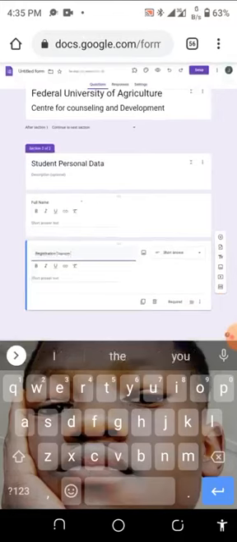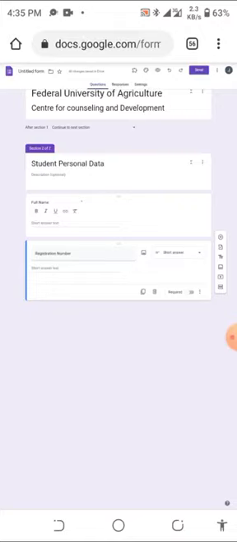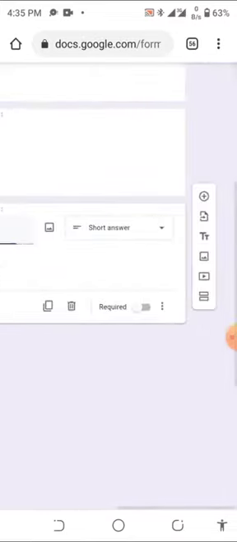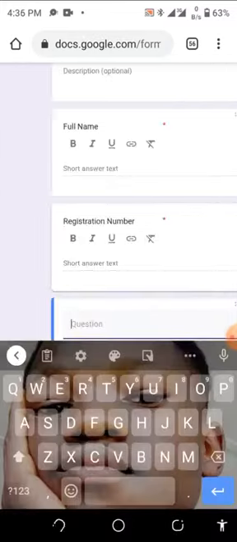Registration number. So the next thing we're going to add now is another question. Now that is also a compulsory question, so you can tick it. You are going to make it required. It's a compulsory question. So the next question now is